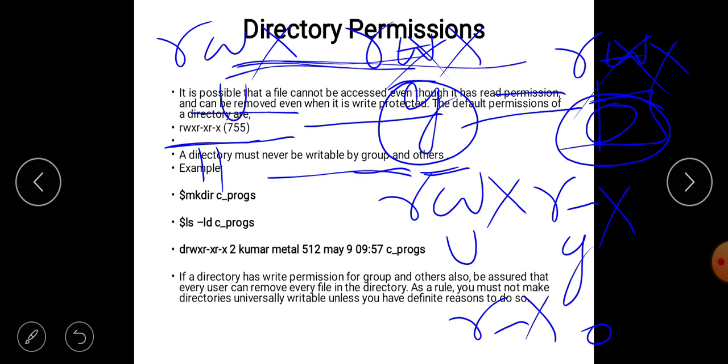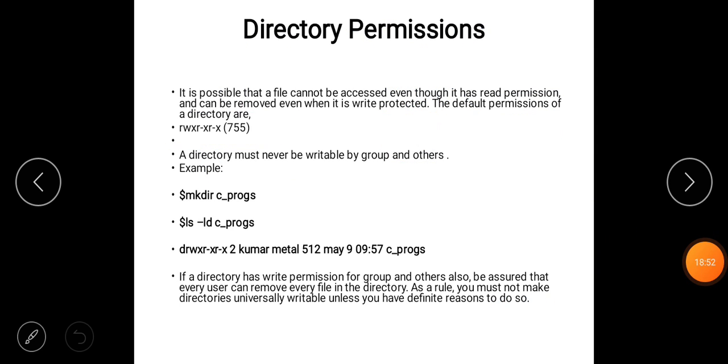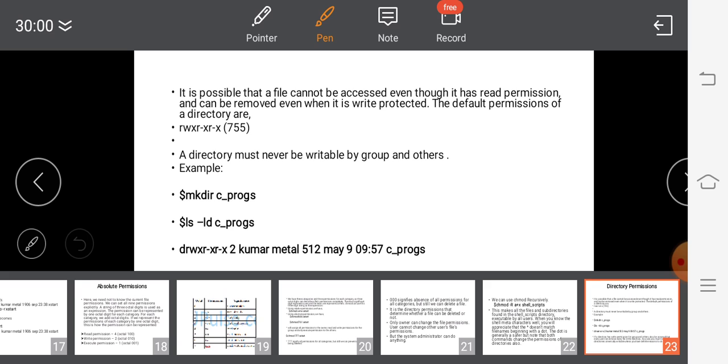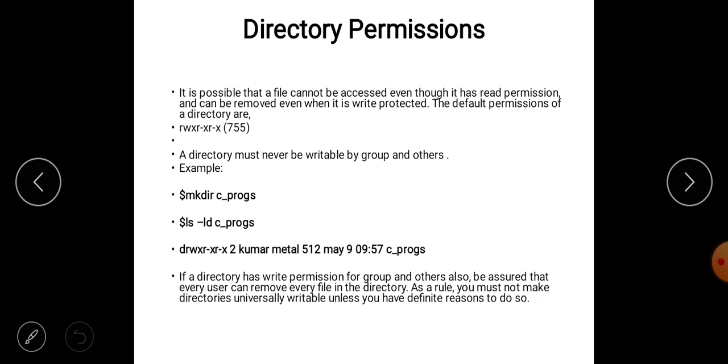Okay, for example, I am creating one directory named C_procs. Next I am going to list out the attributes of the directory using ls -ld C_procs.